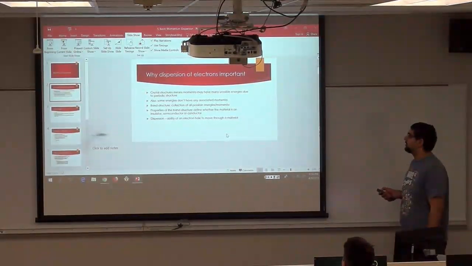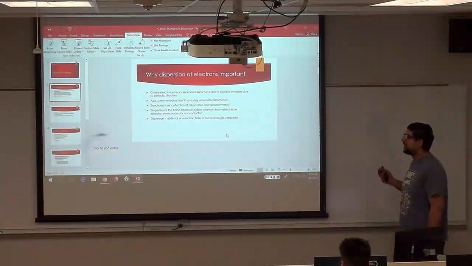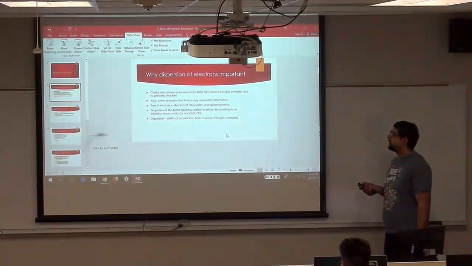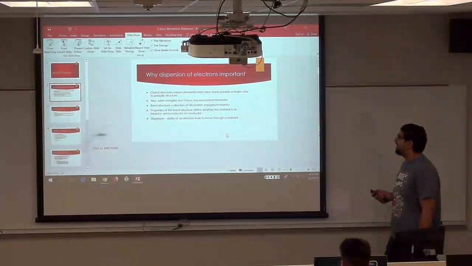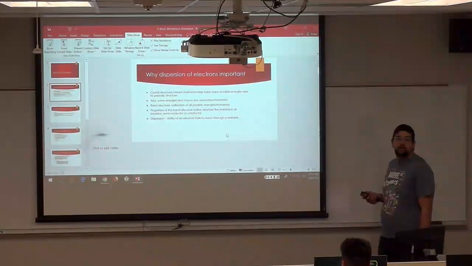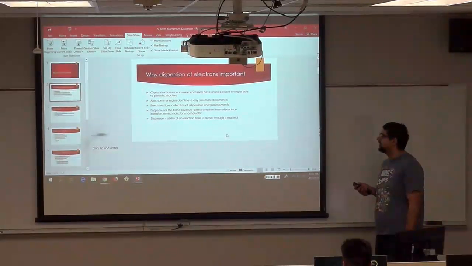We know that crystal structures mean that momentum may have many possible energies due to their periodic structure. Also, some energies don't have any momenta associated with them. A band structure is a collection of all possible energies and momenta, and the properties of a band structure define whether the material is an insulator, semiconductor, or just a plain old